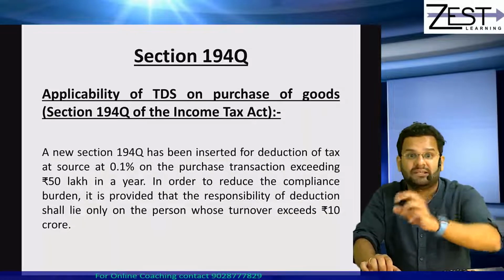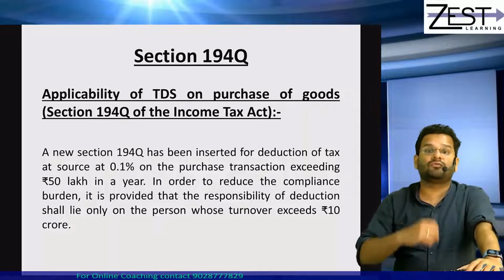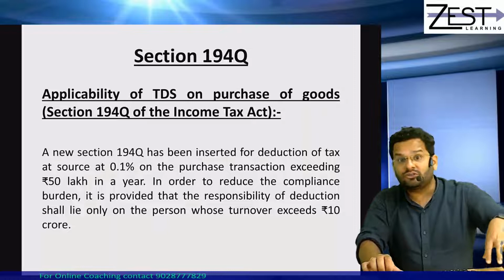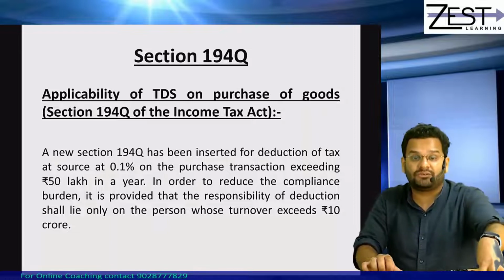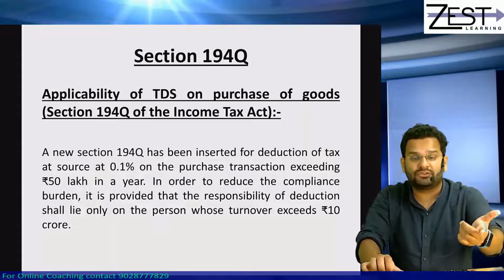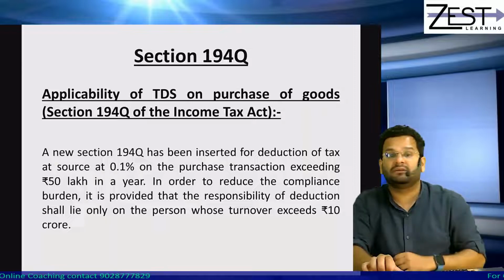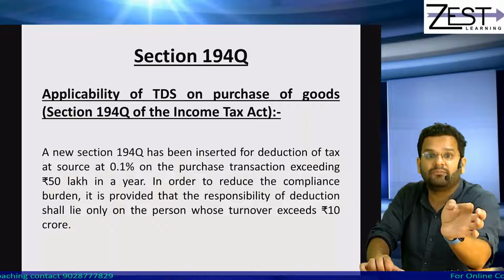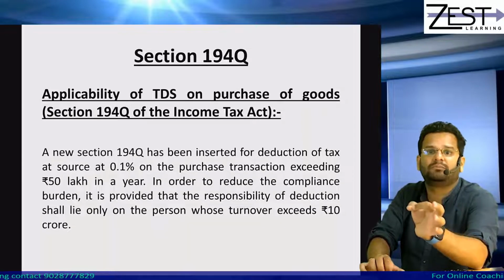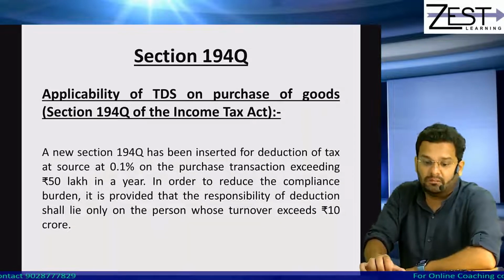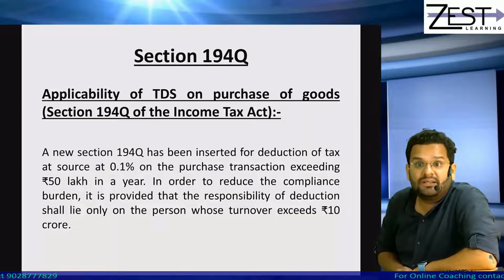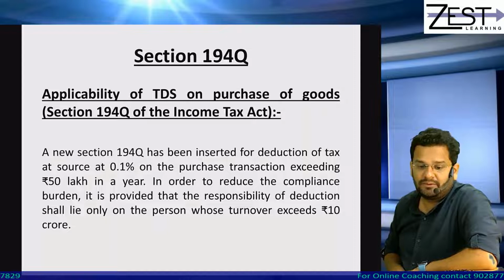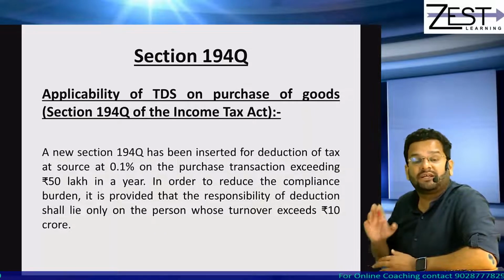I am paying rent. There is a TDS under 194I, correct? There was no TDS on goods. When I was purchasing goods and making payment, there was no TDS. But with effect from AY 22-23, you will have TDS on purchase of goods. But remember, this TDS will be at a nominal rate of 0.1%, correct, on the purchase transaction which exceeds 50